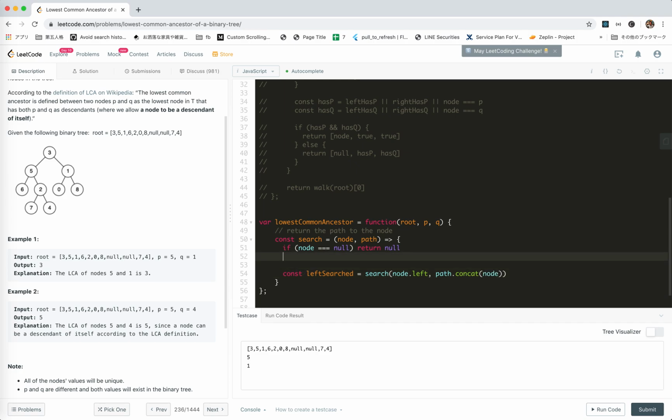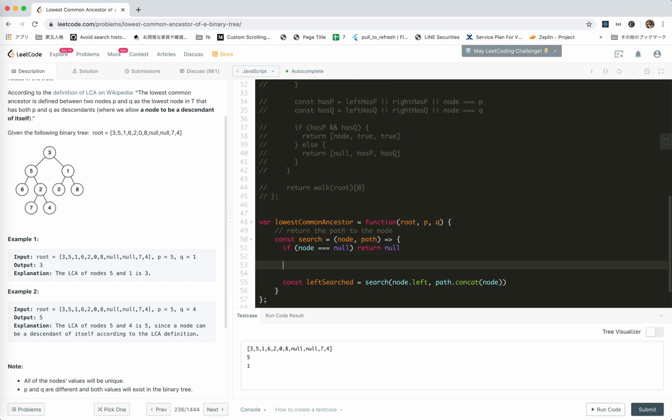Oh, before we search, if itself is the target, we need to return right away. So if node equals, oh, we forgot to pass the target. My bad. If node is target, we'll return path concat target, right? And if itself is not, we search on the left, but we pass a new path with the node in,